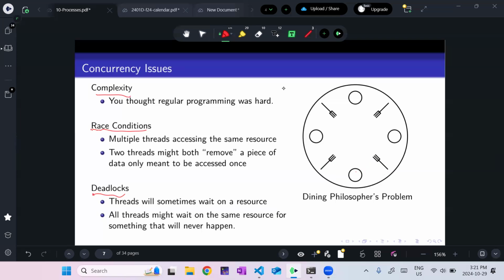All right. So what's the problem with this is that I grab this fork, and then this philosopher grabs this fork, and this philosopher grabs this fork, and this philosopher grabs this fork, all roughly the same time. And then they all look to their left to try and grab the second fork, and they all see that they can't, and so they wait. They block and they wait, and then they wait forever. So that's a deadlock. And that can actually happen.